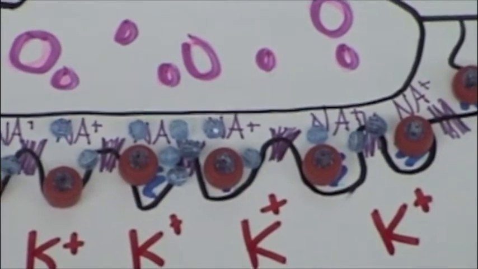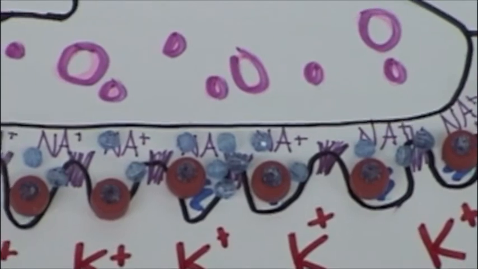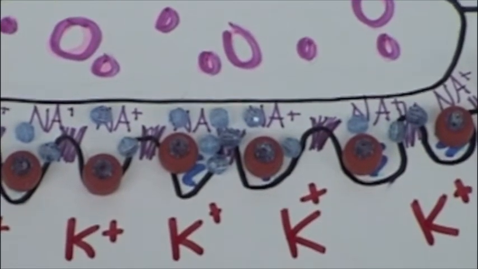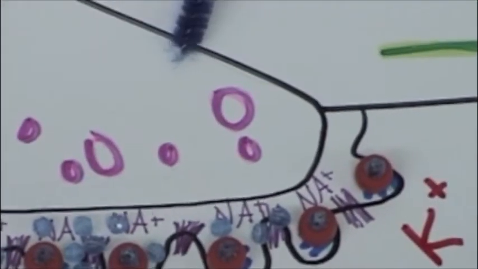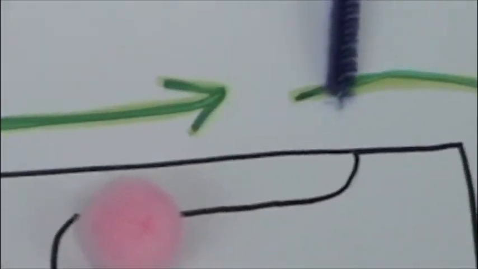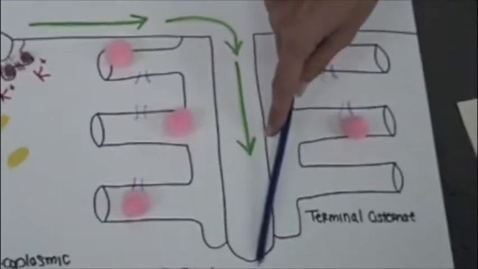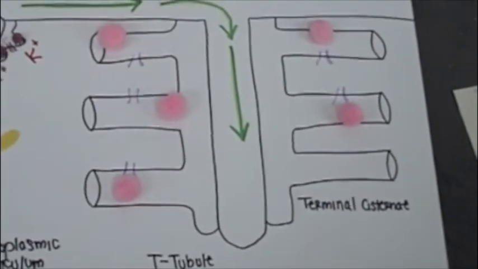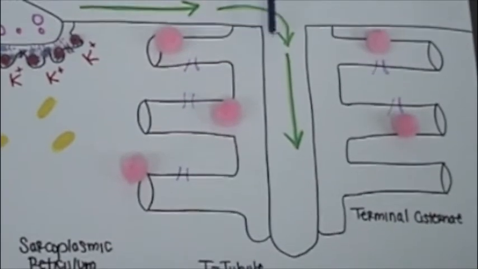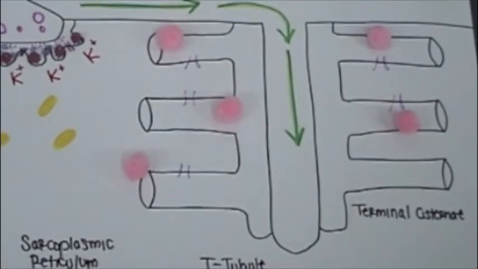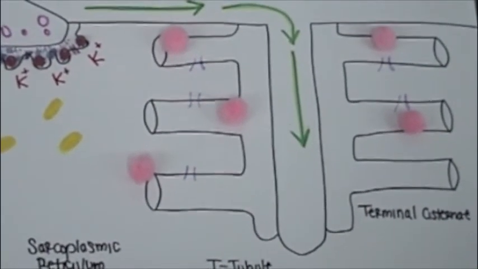Because the channel is more permeable to sodium, the muscle fiber membrane becomes more positively charged, triggering an action potential. The action potential travels along the sarcolemma and down the T-tubules. From the T-tubules, the impulse passes to the sarcoplasmic reticulum. The action potential spreads through the muscle fiber's network of T-tubules, which continues the process of depolarizing the inner portion